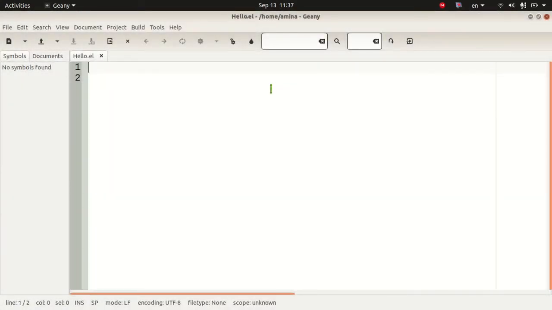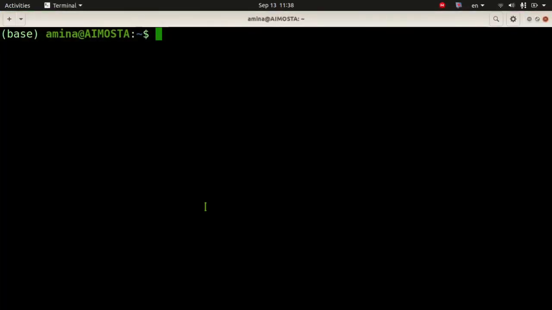I'm going to write one instruction, which is print. Print what? Print the message hello world. I'm going to use the print between parentheses, save the file, and then to run my script I'm going to